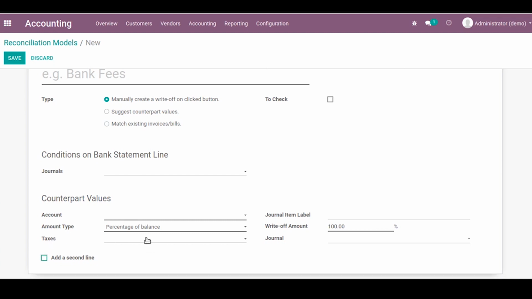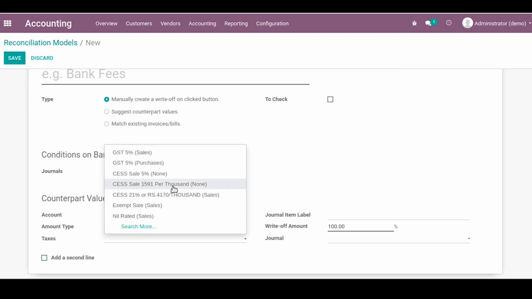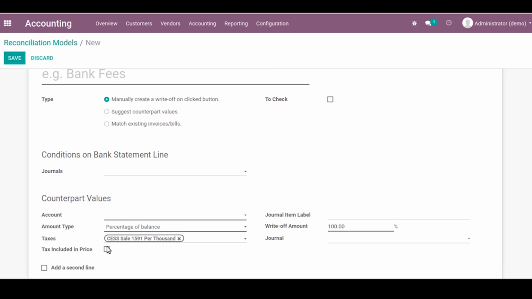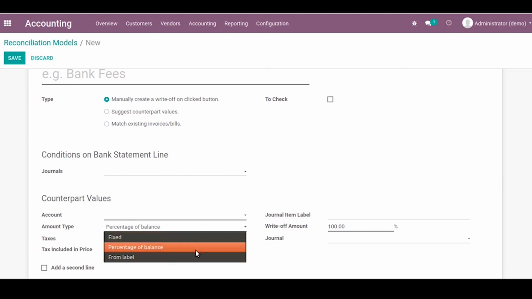Also, we have the option to add the tax, and when we set the tax, we can check the boolean to say whether it is included in the price or not. Also, we have the amount type selection based on fixed, percentage or from label.